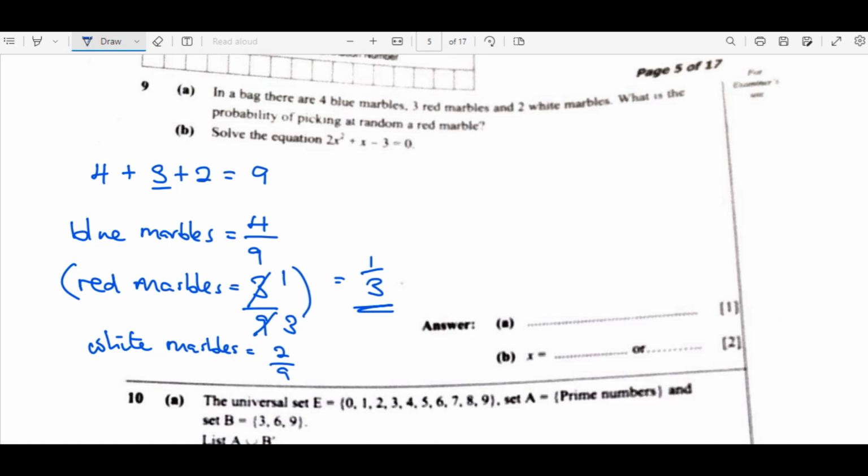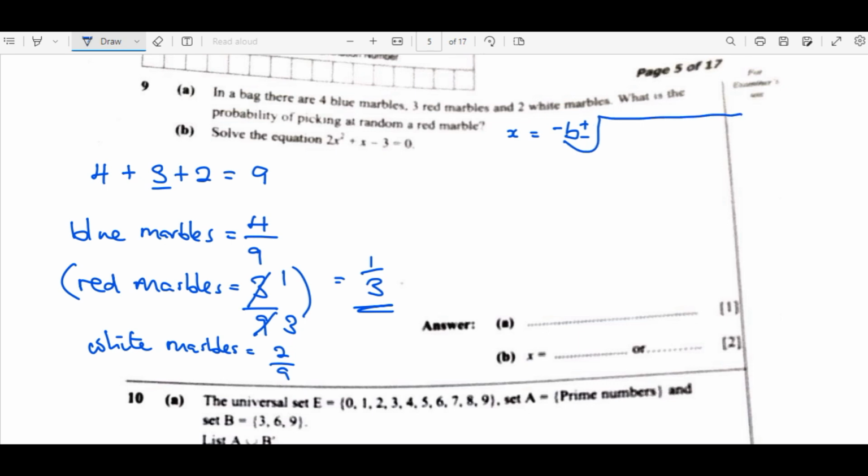So we can move to the other question, which is: solve the equation 2x squared plus x minus 3 is equal to 0. We want to solve this equation given. So how do we solve this equation? We can use the quadratic formula. The formula is x is equal to negative b, plus or minus